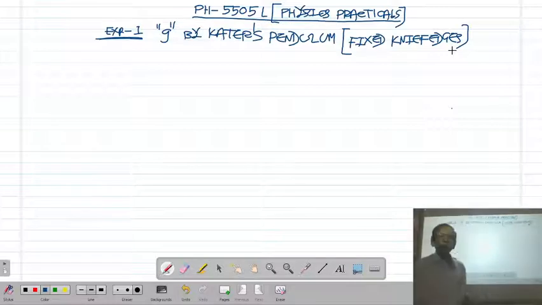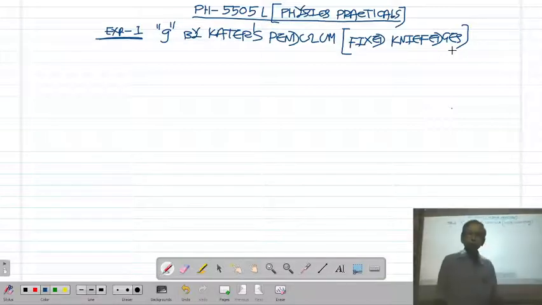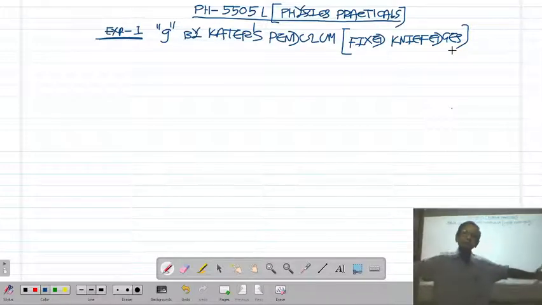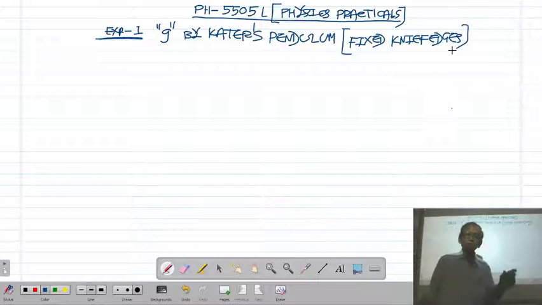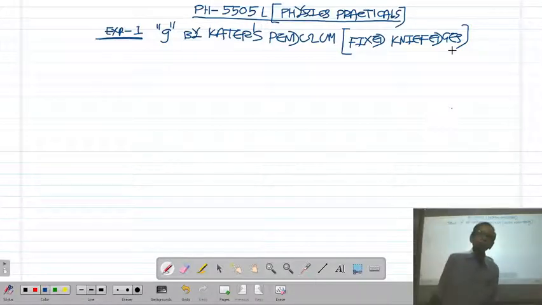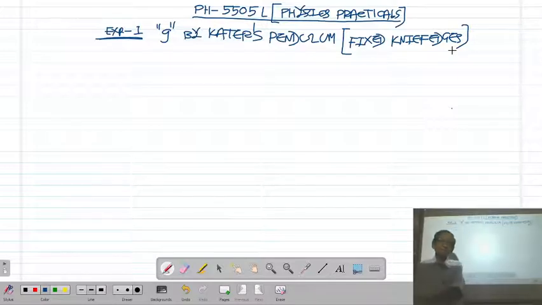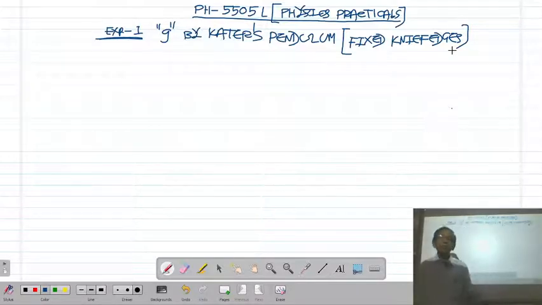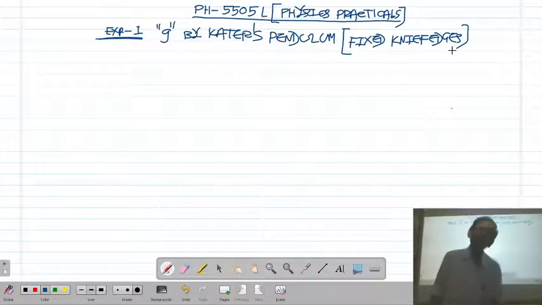You must have seen the video of the instrument of Kepler's pendulum, in which you have a long rod, approximately 1 meter in length. There are two knife edges, K1 and K2, and there are two blocks. One is the wooden block and another is the metallic block. The knife edge near the wooden block is K1 and the knife edge near the